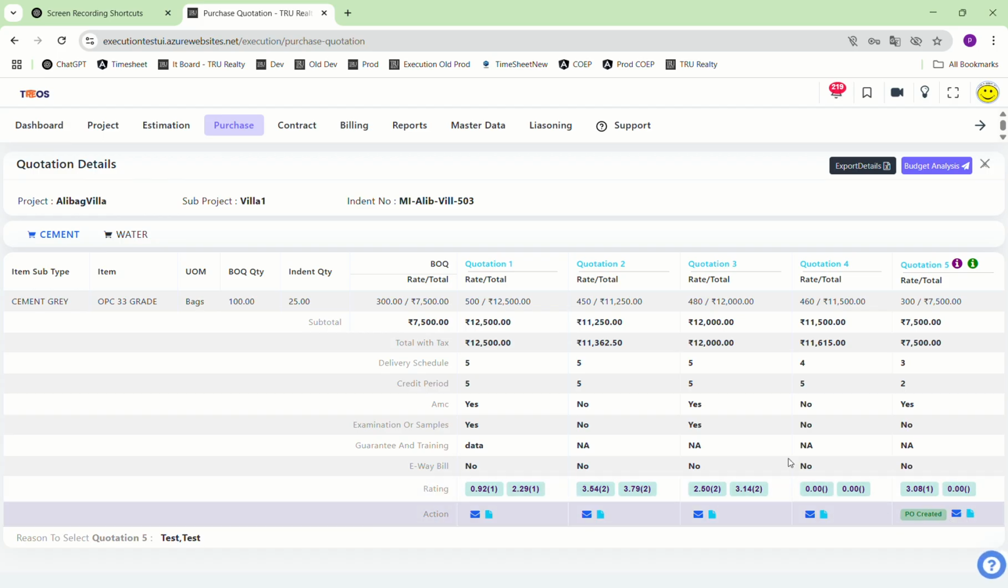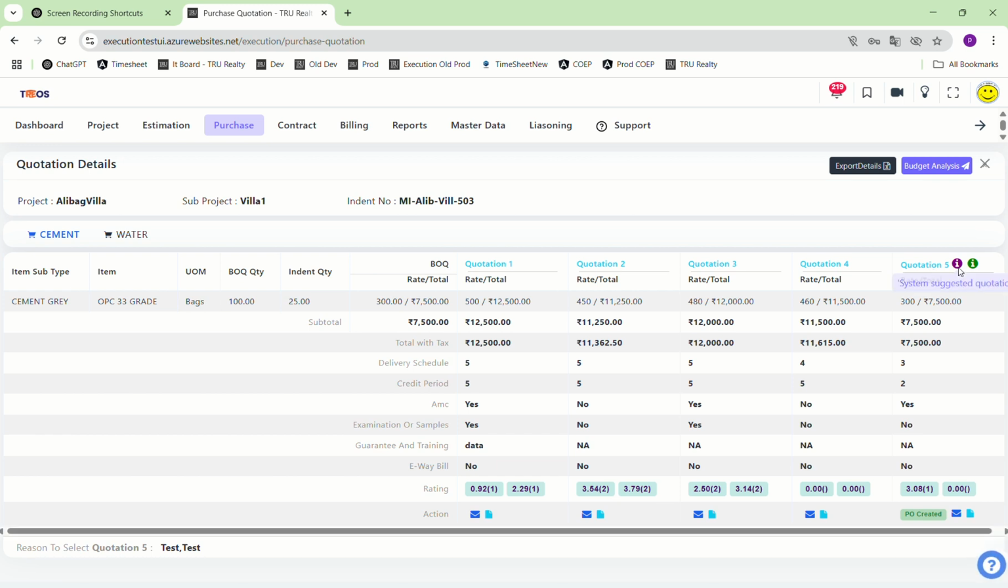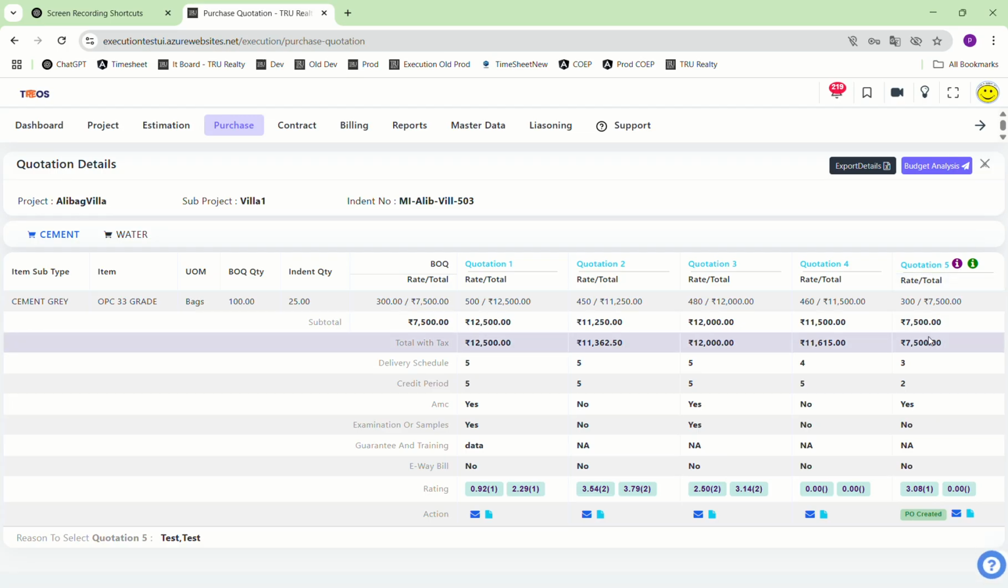Here at quotation 5, you can see there is one eye icon, a purple eye icon. It means the system is suggesting that you can finalize this quotation, and the green eye icon is like the